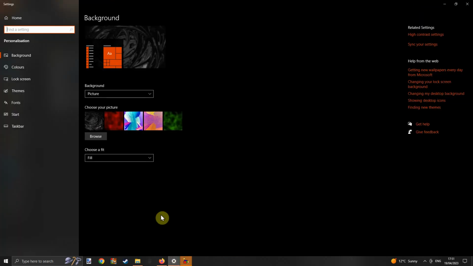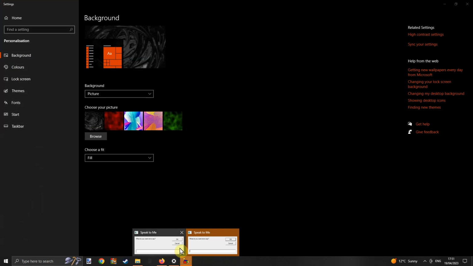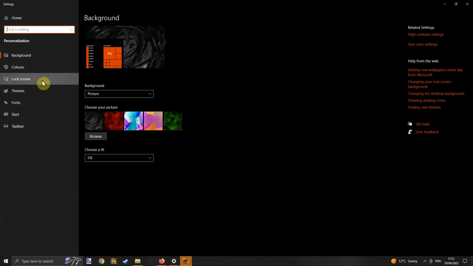Click on the X to go off, but just make sure to click save unless you are unhappy and want to change it a bit.